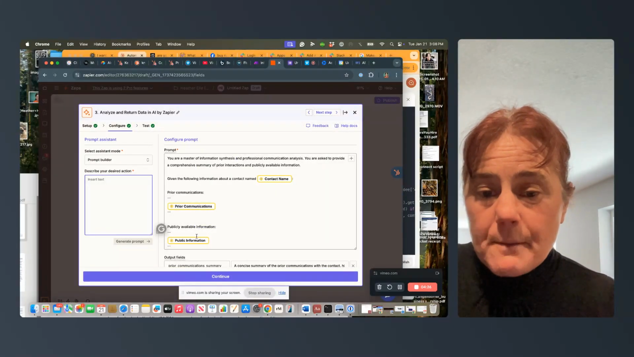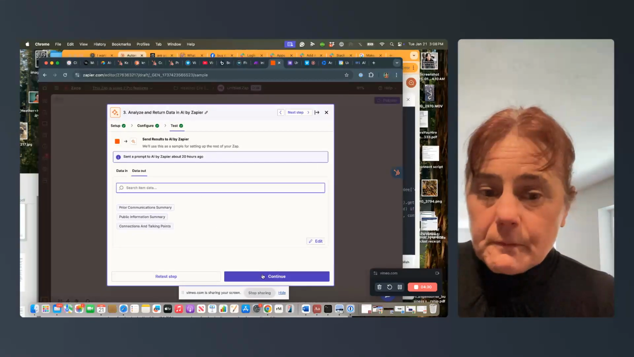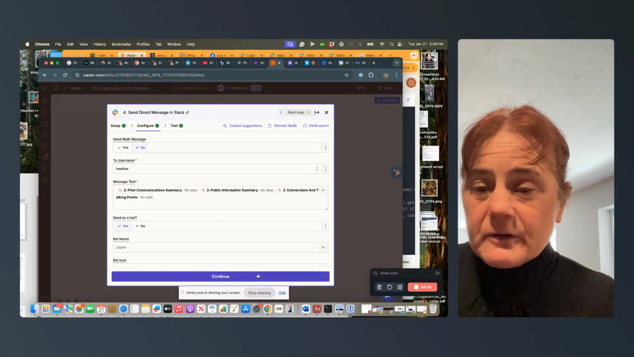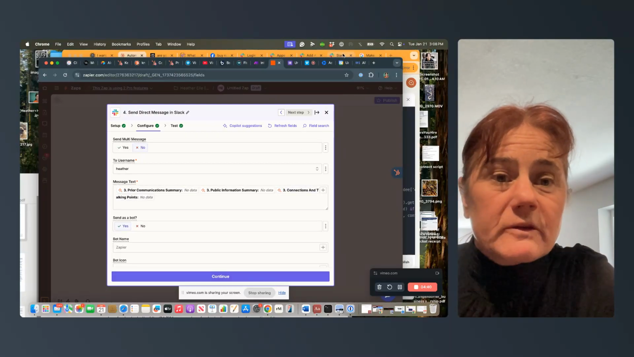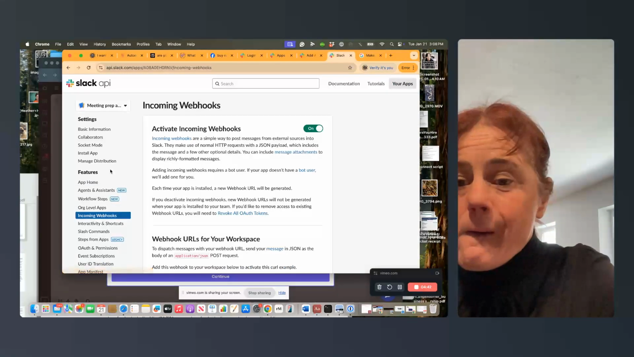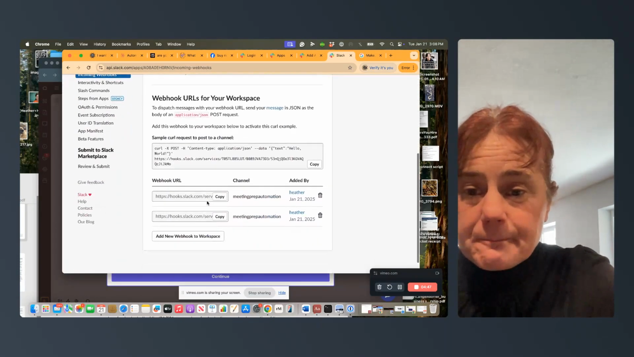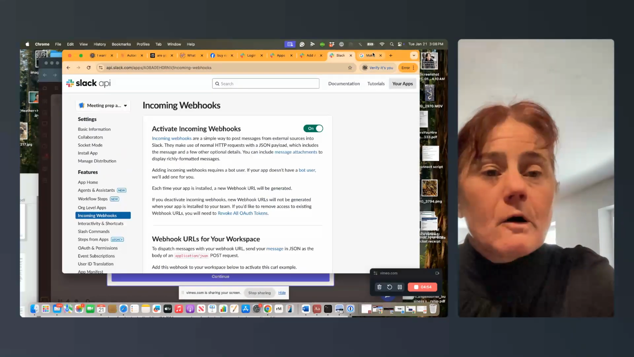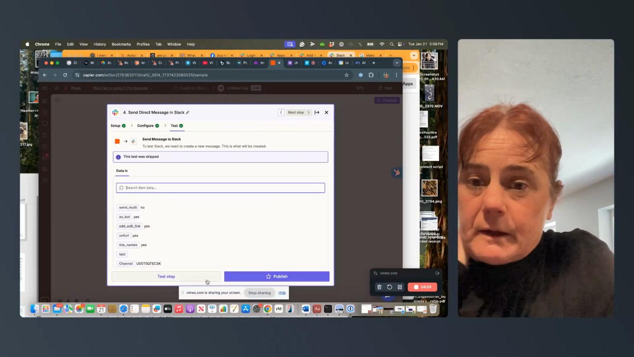So it gave this prompt. And then we connected it into Slack. And when we connected into Slack, I had to go into my Slack account and create a private app there also and set that up with the webhook incoming. And I also had to give it a channel that it could go to. And